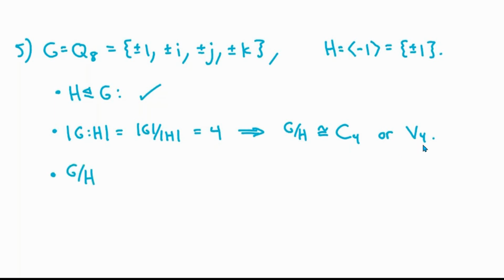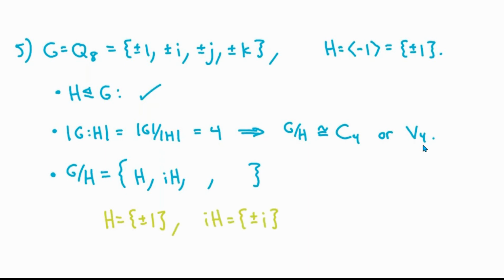Well, in order to tell which of these two possibilities it is, first of all, let's list out the cosets of G mod H. There's the identity coset, which is the set consisting of the elements plus or minus 1. There's the coset containing i, which is the coset containing plus or minus i, the coset containing j, and the